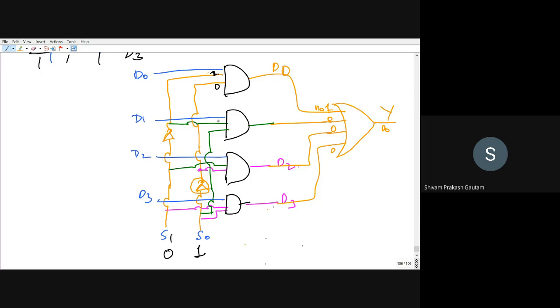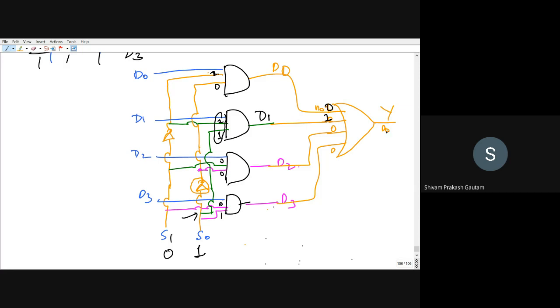And in this case we will be getting 1 here, and S1 is coming from here. So this will be 1, and in this case this will be 0, and this will be 0, and in the last case this will be 0 and this will be 1. So here again, only in this case both S1 and S0 are 1, 1. That means if D1 is high and both the inputs of the AND gate are also 1, what will we be getting at the output of this AND gate? D1. So D1 will be high for the second case and all others will be low.